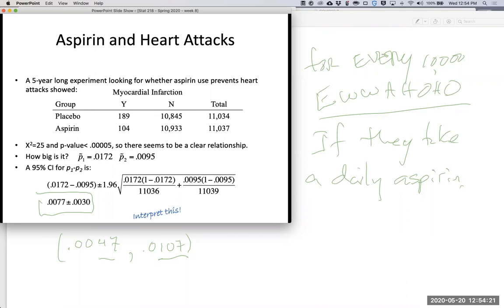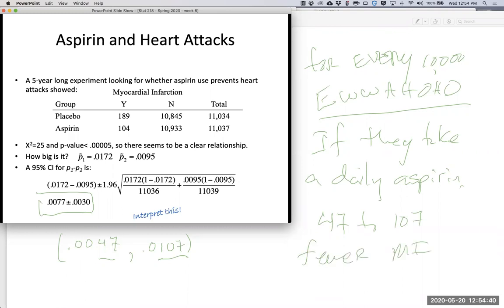The typical amount you find in the grocery store these days is 81 milligrams. So that's based on studies like this. If they take a daily aspirin, you'd say you would have 47 to 107 fewer